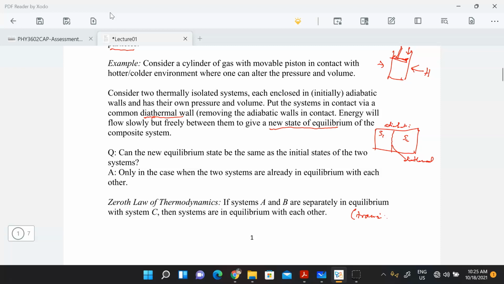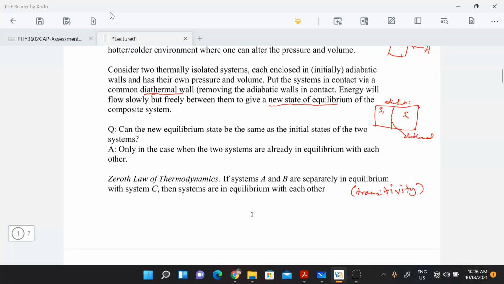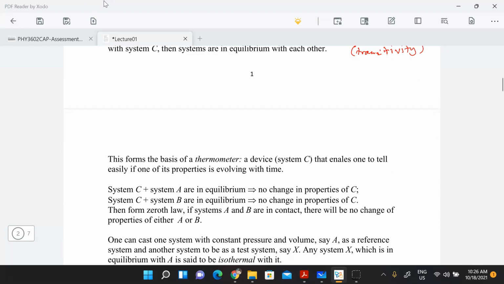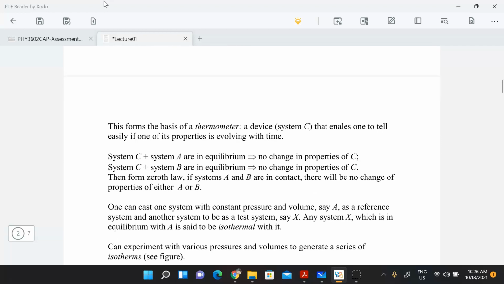Okay, it's back. So this is just like the concept of transitivity. What else? The Zeroth Law actually forms the basis of the concept of the thermometer. The thermometer is a device that tells us how the properties of a system change with respect to time. So if you put a thermometer inside a system, then it starts to exchange energy with the system,